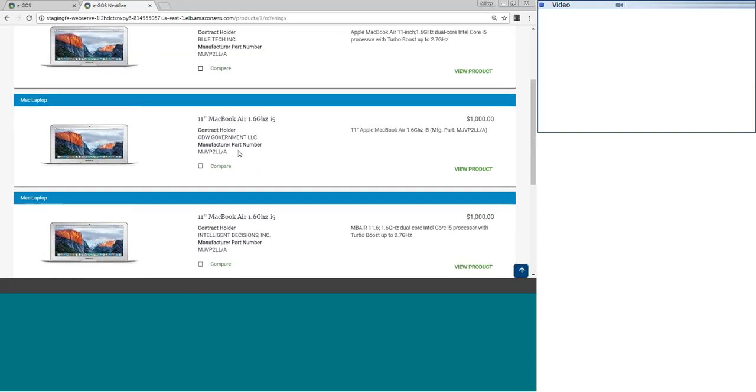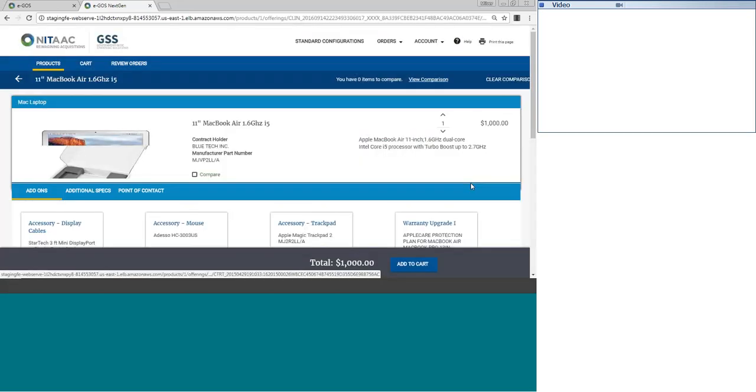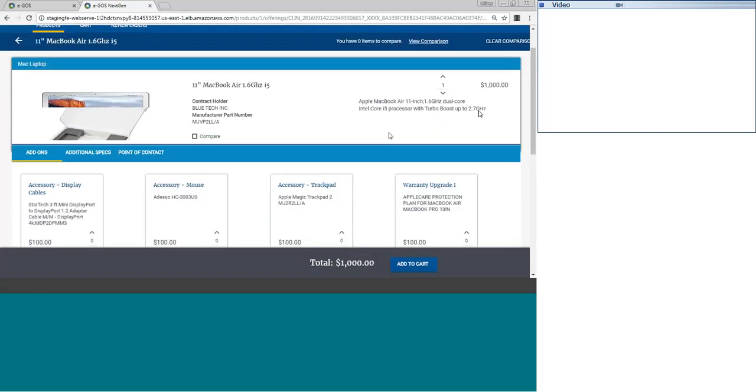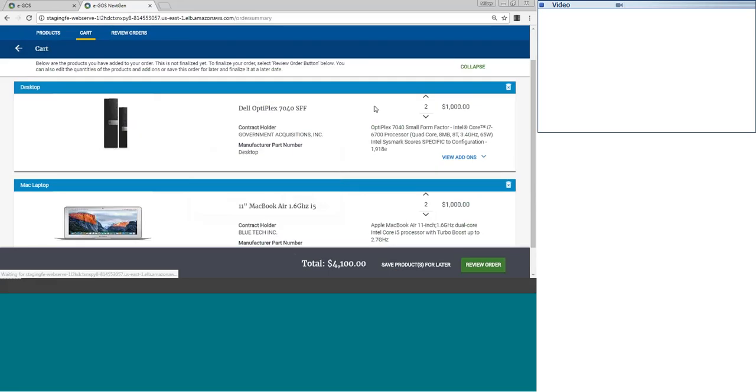I see that there's multiple ones, and I'm going to assume that I made my research and that this one is the one that fits most my needs. I'm going to go to View Product, identify the quantity that I'm interested in, and also add any add-ons associated to this product. I'm going to add to the cart, and I'm going to go straight to the cart to identify all these